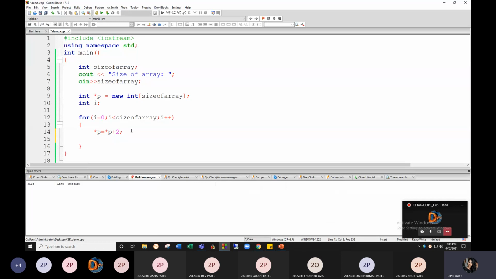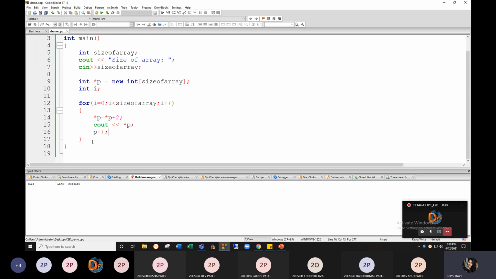First we need to assign some random values. You can take some random values, that's fine. After that we have to do p plus plus because we have to move to the next location.